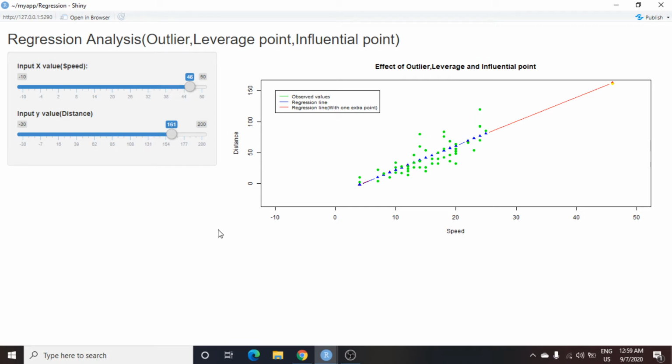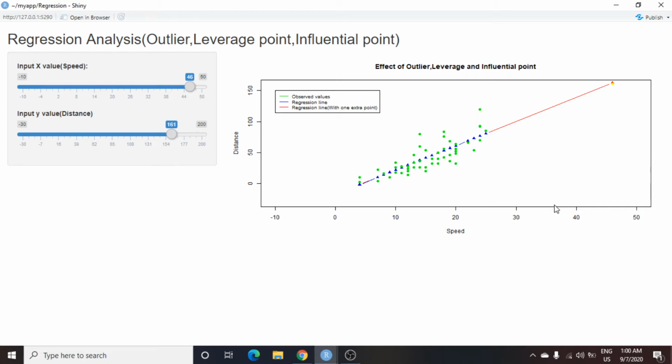Let's see. So I have told you earlier, the blue color represents the regression line based on these green circled values. So if we consider one extra point, let's say a value like here, that is x value is like 38 and y value is 45, then I think this will be an influential point.